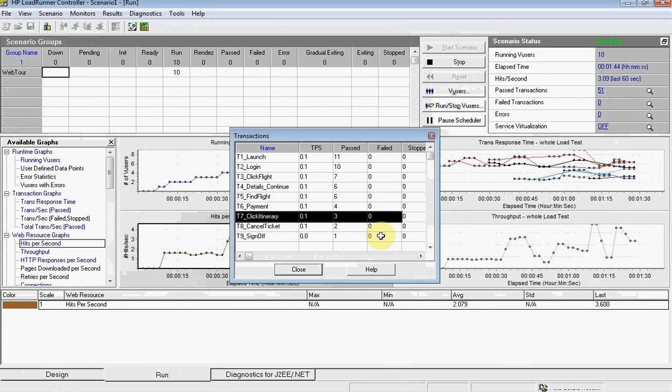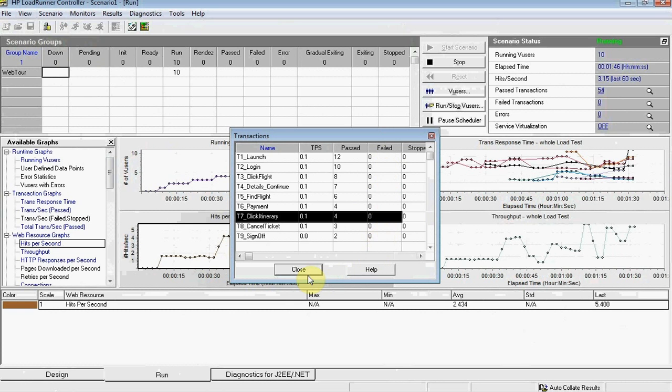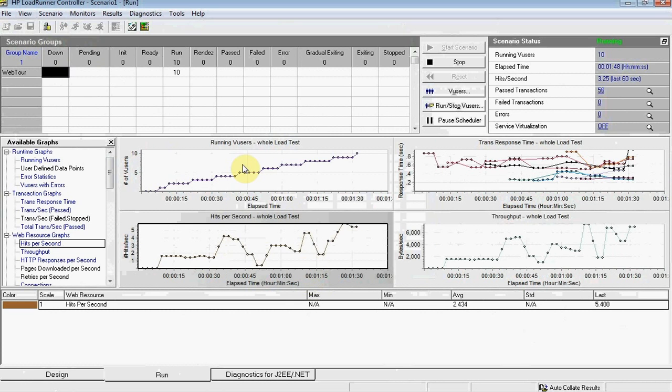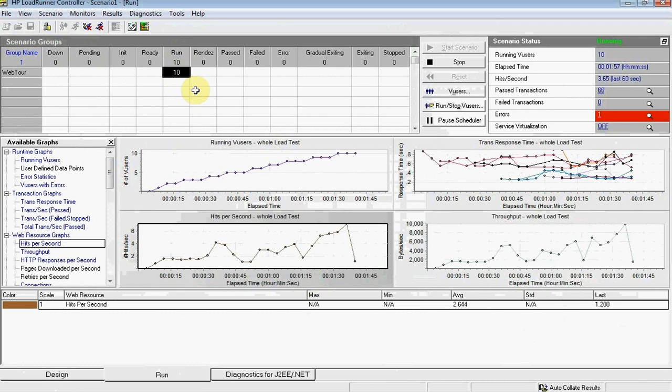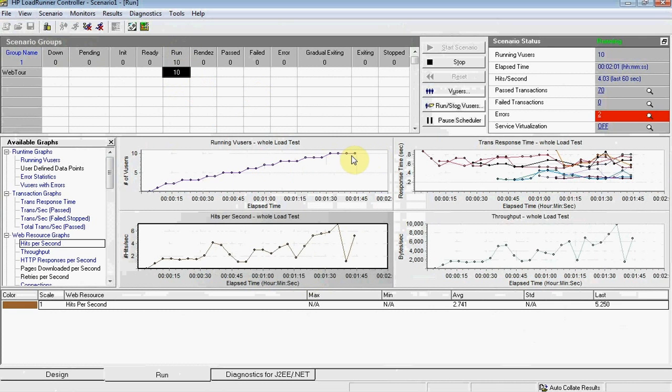So far none of the transactions failed. We have all the 10 virtual users up and running. So you can see this is going to be a straight line now, but this was the ramp up part,